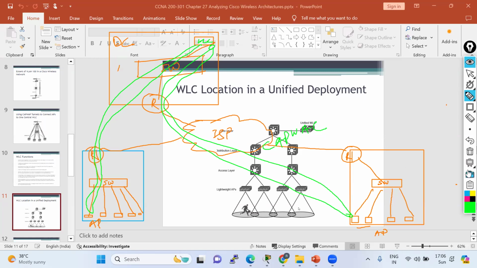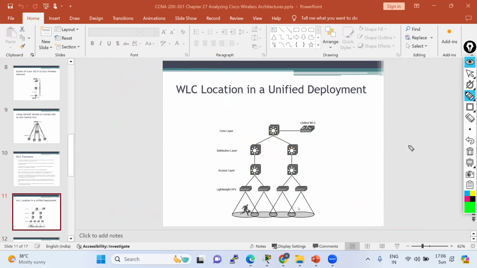This is one architecture, right? If you have the local WLC, then you can see this is my AP. This AP might be connected to the access layer switch. We know what is the distribution layer switch, what is the core layer switch, or we might have a single